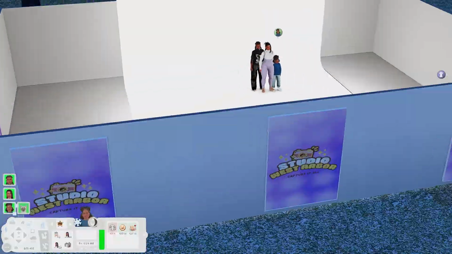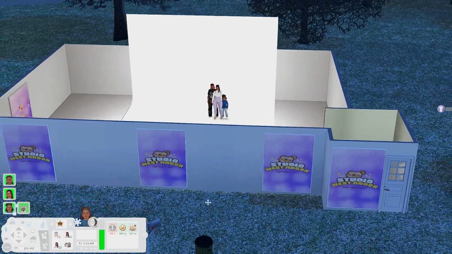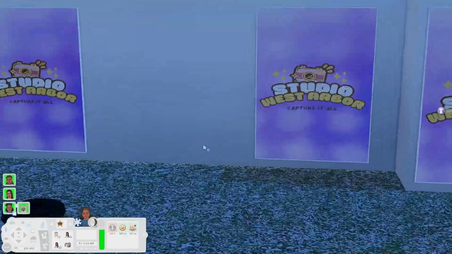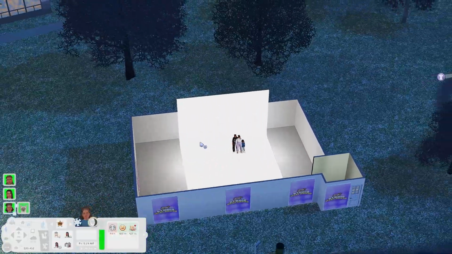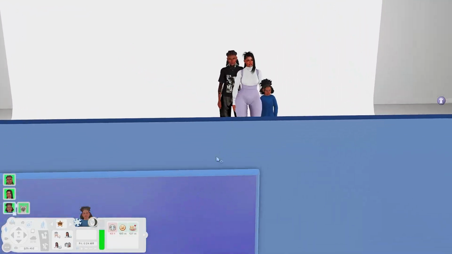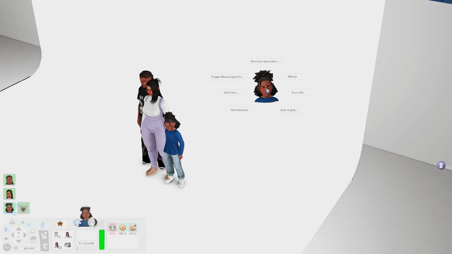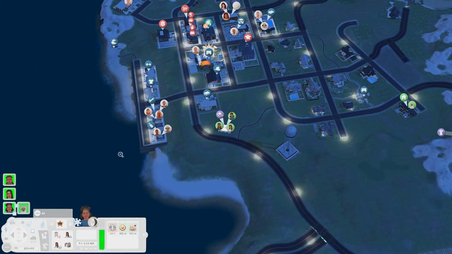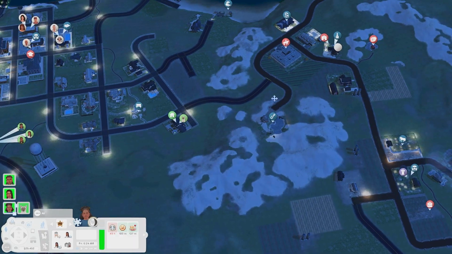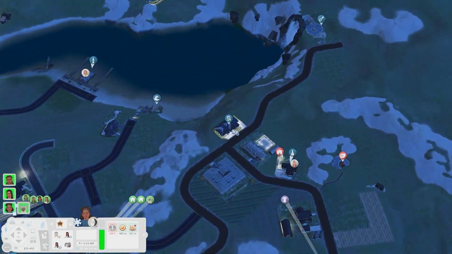Then we turn around. This is where they had their photo shoot at. So yeah, then we got our West Arbor studio to capture it all, just to be cute with it, a different vibe. And then there's the backdrop that I linked in the doc. All right, now I do want to take y'all over to the actual lot here